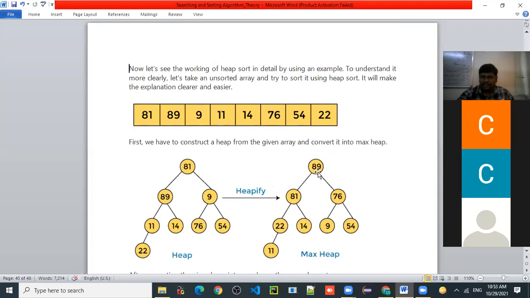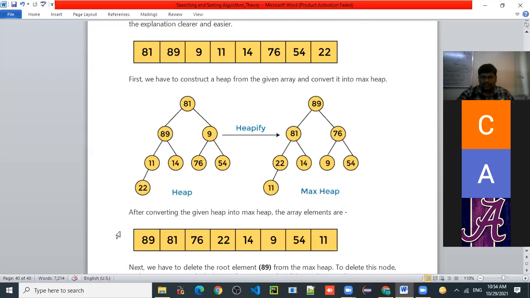First element is 89, second 81, third 76, fourth 22, fifth 14, sixth 9, seventh 54, and last element 11. So this is the same list. After converting the given heap into the max heap, the array elements are like this.